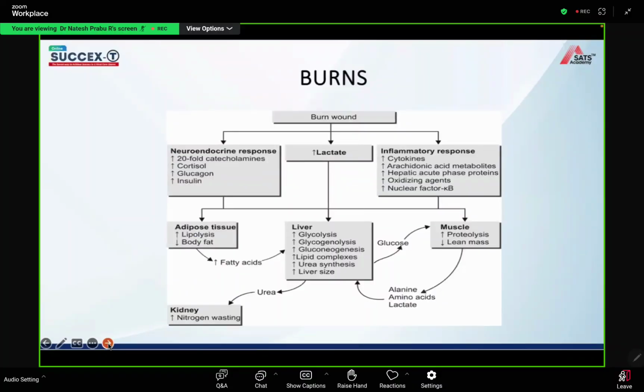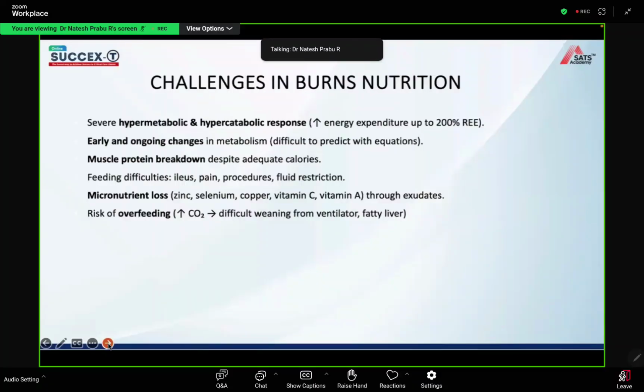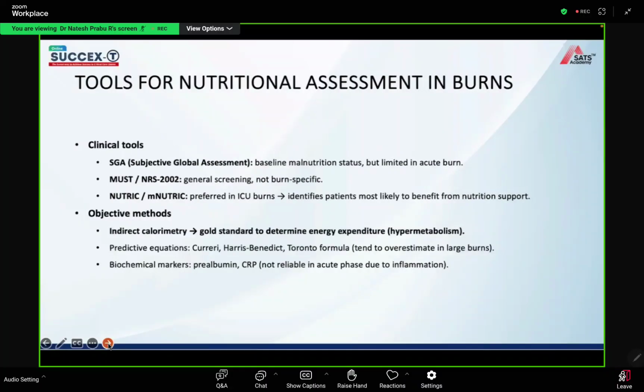Particularly in burns patients, there's an increased need to supplement nutrition early because of all the pathophysiological changes we see. The challenges are that they're already in a hypermetabolic and hypercatabolic state, with early ongoing changes in metabolism, muscle protein breakdown, and micronutrient losses. There is also a risk of overfeeding in these kinds of patients. The normal nutritional assessment tools which we use